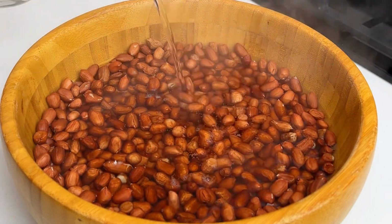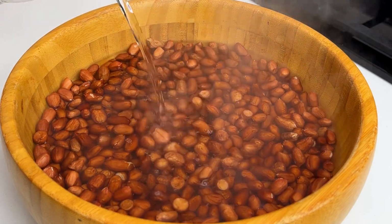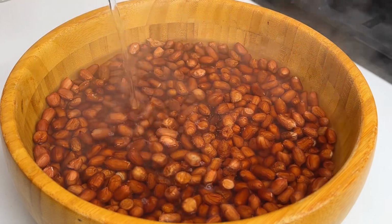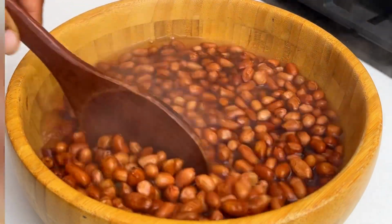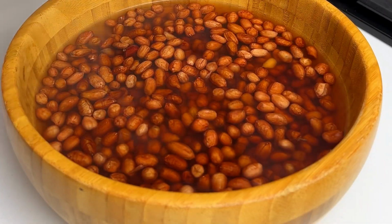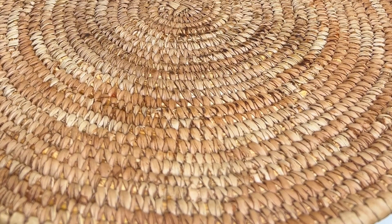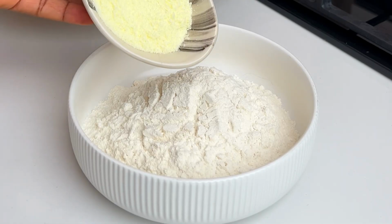You can, like I said, use already roasted granite for this recipe, but if you want to make it from scratch, this is how we do it. Okay, so you're going to mix this thoroughly again to combine. Cover it and leave it for 5 minutes, and after 5 minutes, while it is still doing its own thing,